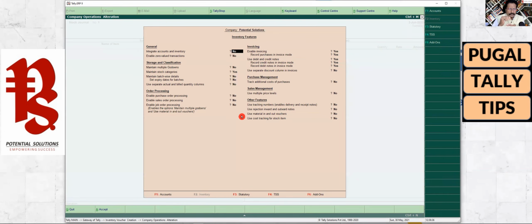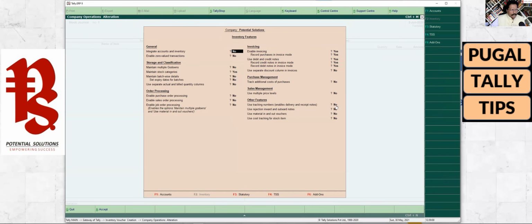These are independent vouchers. Like I said, there are specific needs in your business transactions where you will enable the different ones, because each of these inventory types has a purpose for using those vouchers in your organization.